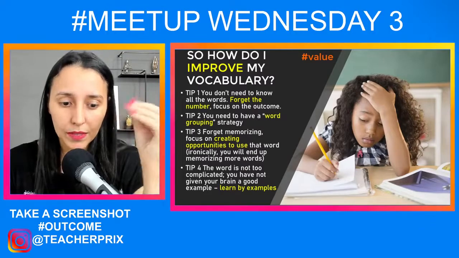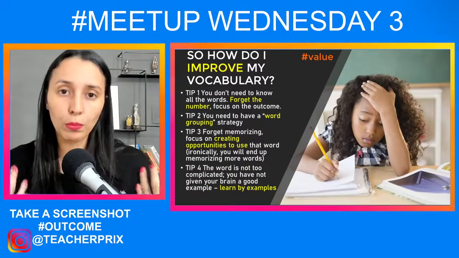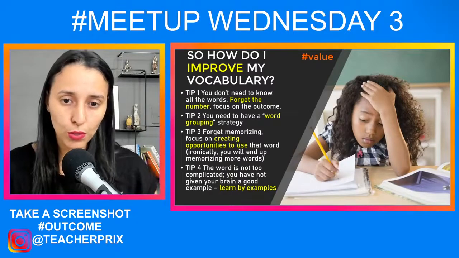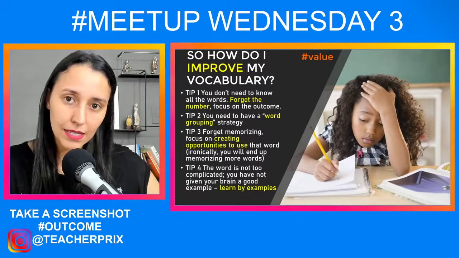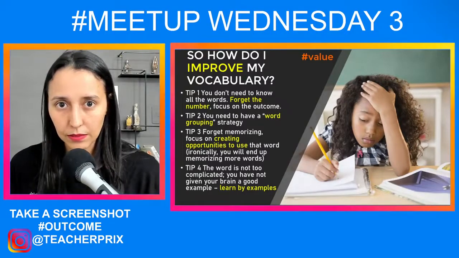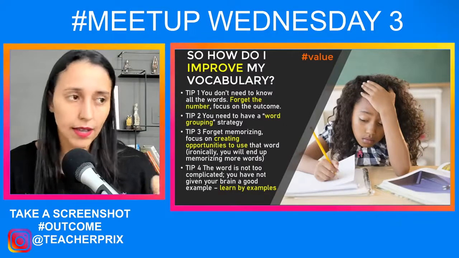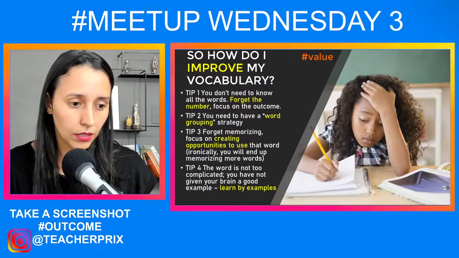So here, in my study routine, how can I create opportunities to use the words that I'm learning as I am studying about Frida Kahlo, as I am studying about Italian music, as I am studying about political subjects, as I am studying about